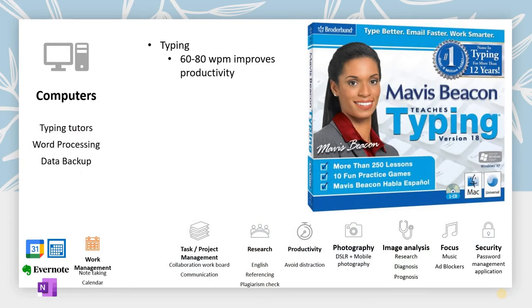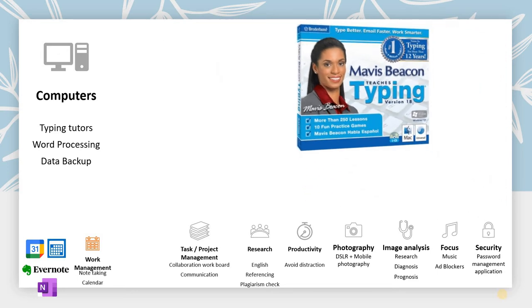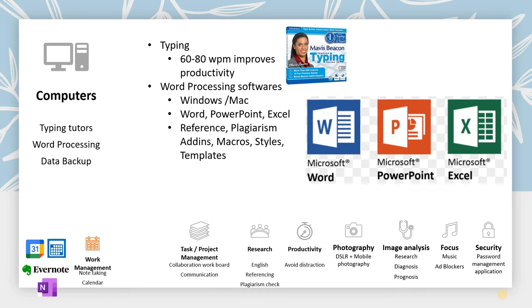You will be working on word processing units day in and day out, and it is always good to have a good typing speed. Touch typing learning is absolutely essential. A typing speed of 60 to 80 words per minute will be good. Now you have speech to text incorporated in your smartphones and computers also, which can also be used along with touch typing. So I recommend you to learn touch typing before you venture into understanding the various nuances of Microsoft Word, PowerPoint, and Excel, which is the Bible of your post graduation.